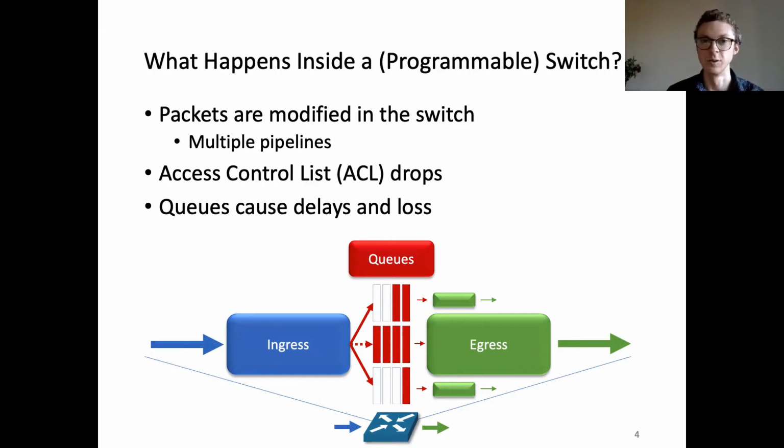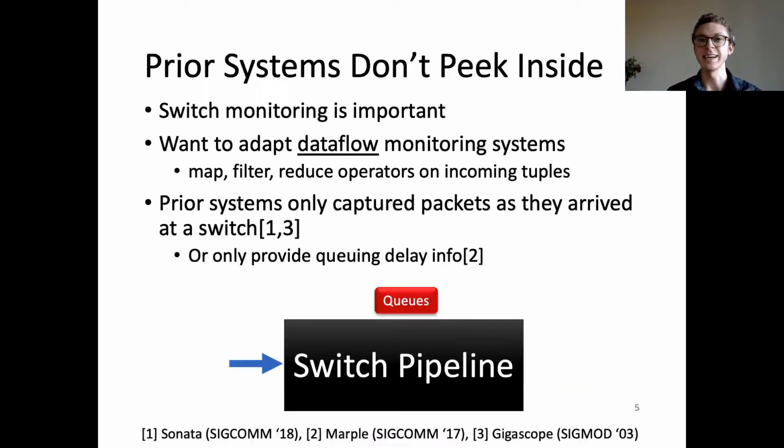Access control list rules might flag packets to be filtered and dropped, and queues can build up, causing packets to be delayed or, in the worst case, lost if a queue fills up entirely, which can significantly impact application performance. So ideally, we'd like to have a system that can reason about all these types of processing, and in addition, can provide network operators with an easy-to-use query language that allows them to ask questions about this processing and monitor